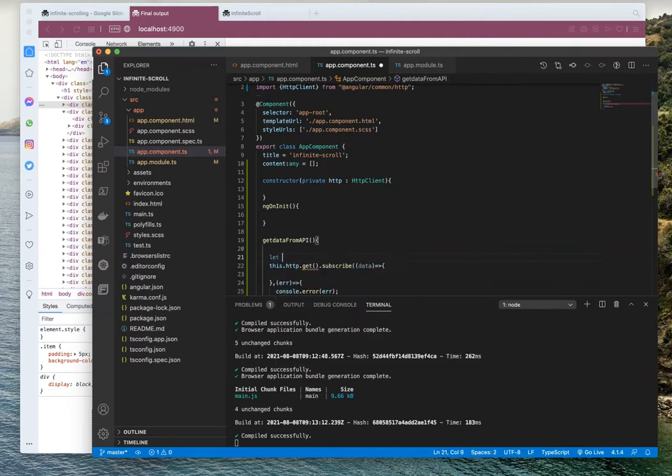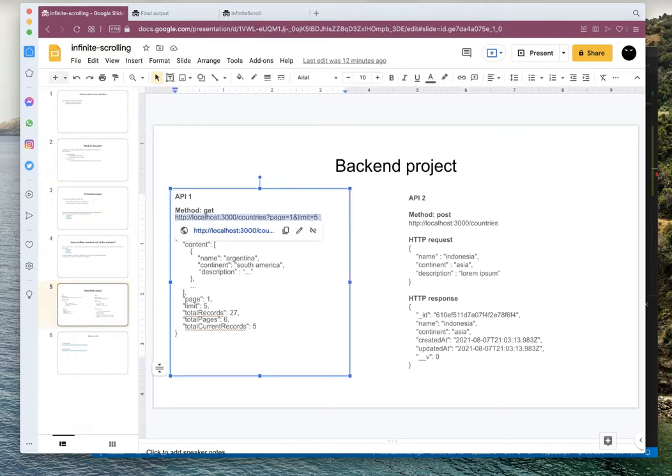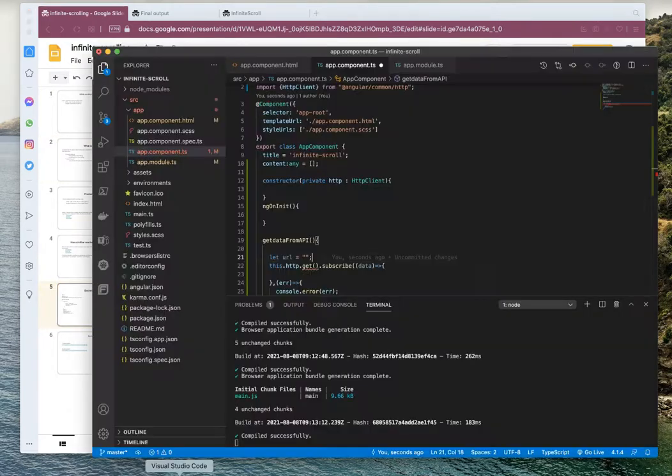Let's add the URL here, the backend URL. We can find this URL in the slide deck.